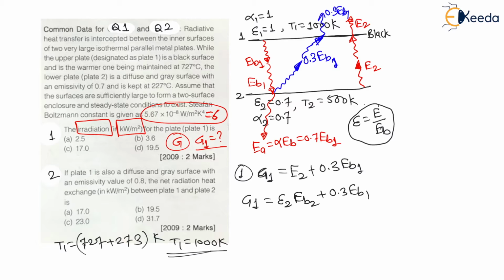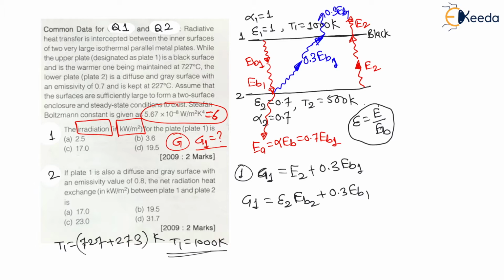And my dear students, we know that as per Stefan-Boltzmann's law, the emissive power emitted from the surface of a black body is directly proportional to temperature power 4. Therefore the emissive power of a black body is equal to some constant into temperature power 4, and this constant is called the Stefan-Boltzmann constant, and temperature is the absolute temperature in Kelvin. Therefore we can say the emissive power of a black body is equal to sigma into T power 4. Therefore my dear students, let us use this equation here.